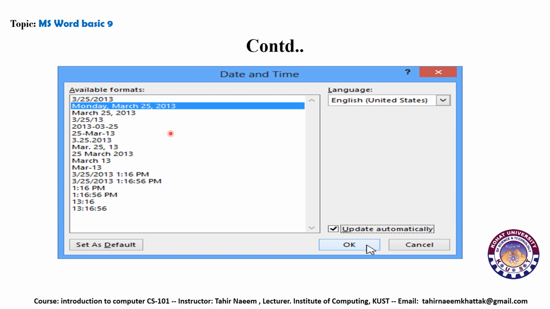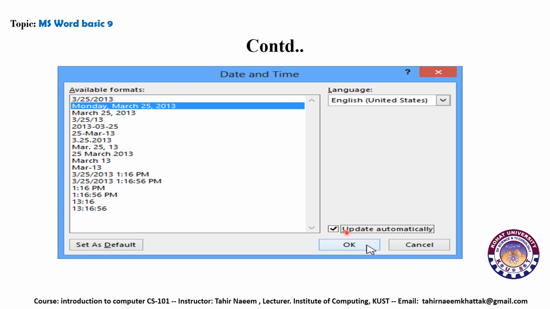So here you can see that different formats are available to us, like the month, date, month, day and year. Here is Monday, March 25 2013, and there are different formats available. Here is the update automatically option which we were discussing in previous slides.